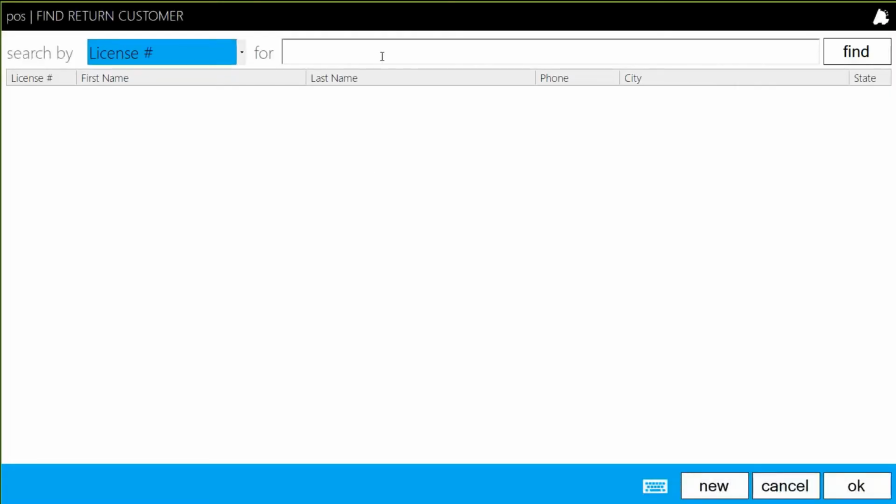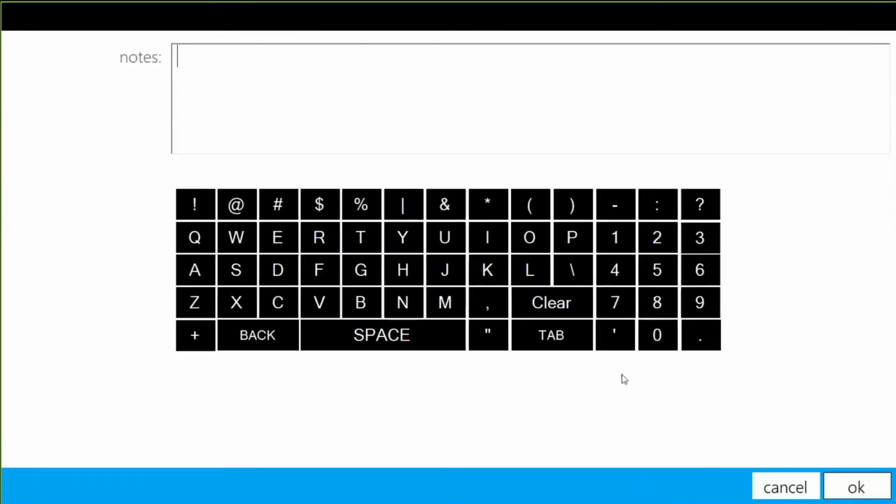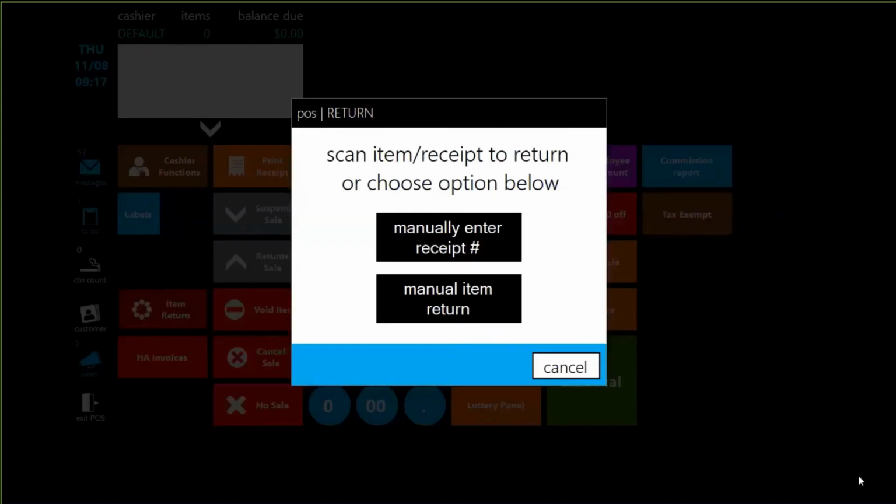So if we try this again and select someone who's valid, then it asks us for notes, so we can say returned because the item was damaged. Hit OK. And from there on, it works basically just the same way that returns always have normally, where you either enter the receipt number, you can scan the receipt number, or you can scan the item or manually enter the item. I'm going to cancel out of that for now